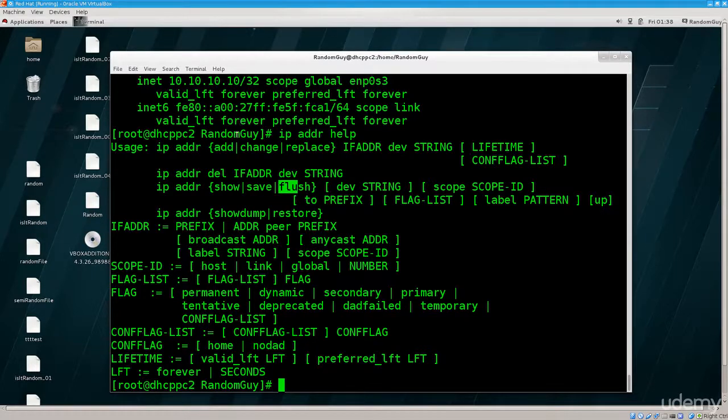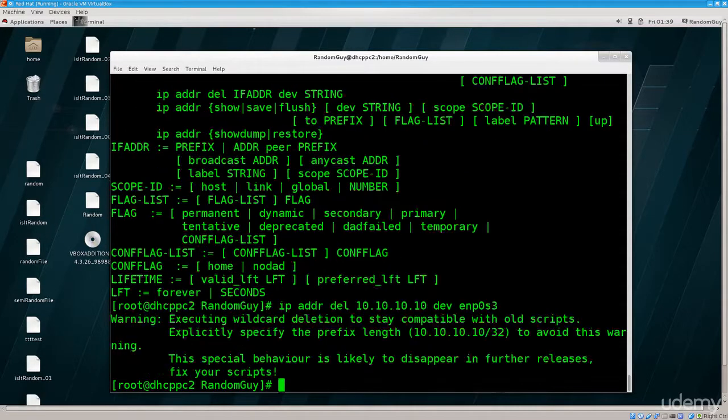Well, sorry, no, this is not what I'm supposed to be looking at. You have a command to add it, to change it, or to replace it. For example, you have this one here to delete it. So interface address and then the dev. Let's go ahead and delete the one that we've just entered. So ip addr del, and it's enp0s3. What is next? We need to type, oops, sorry. This is 10.10.10.10, and then we need to type in device, so dev